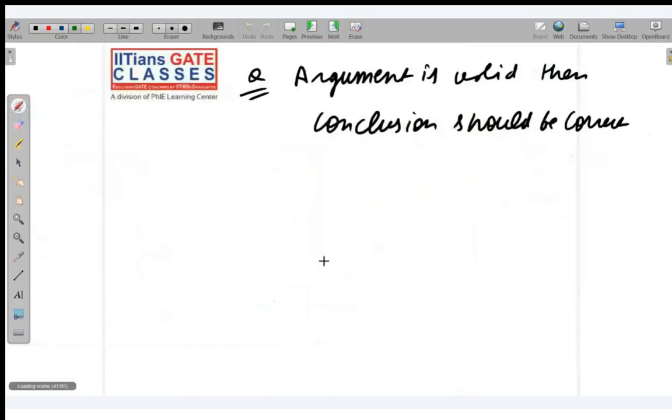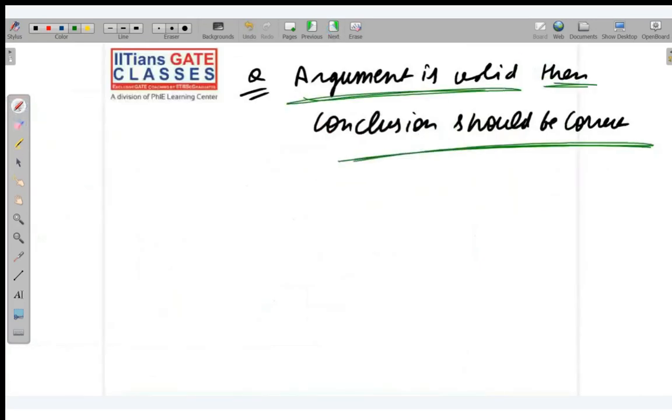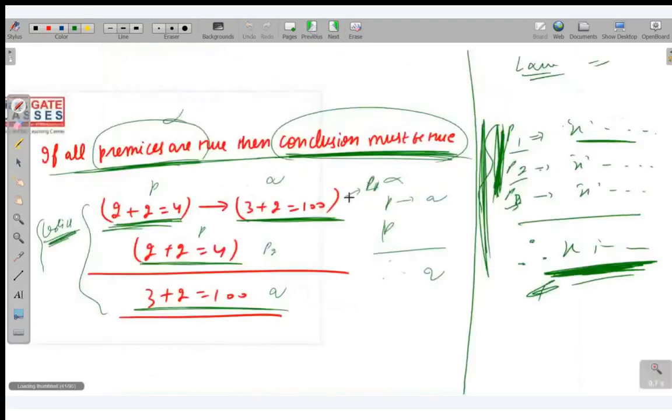Okay, so I am saying if the argument is valid, then the conclusion should be correct. No, I have told you here: the argument was valid, but the conclusion was wrong. Okay, so I am saying if premises are true, then the conclusion must be true. That's it. So if premises are not correct,